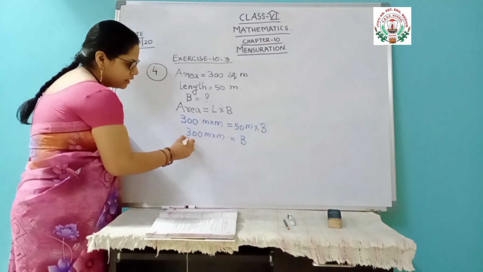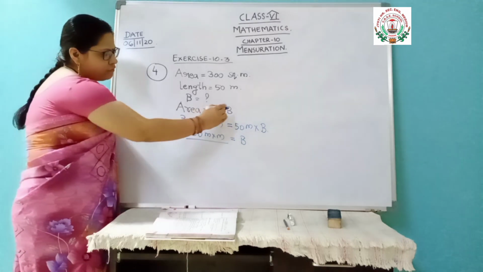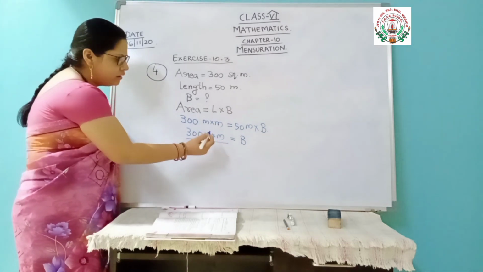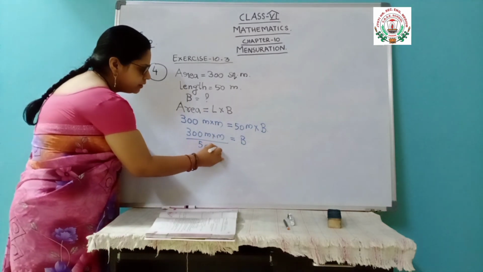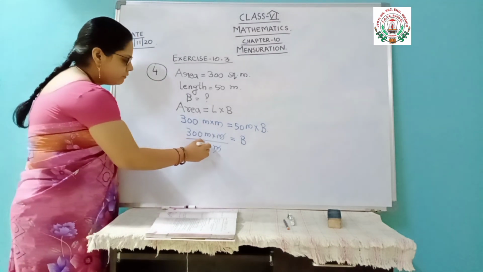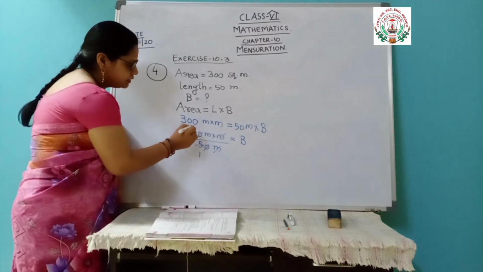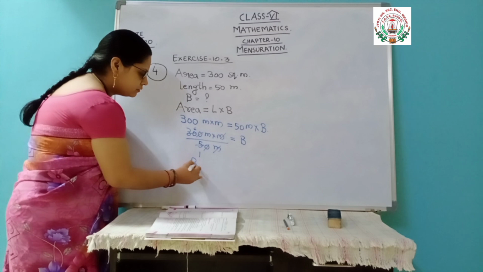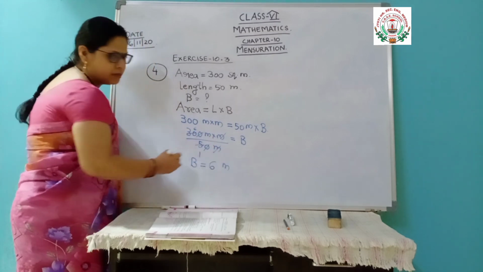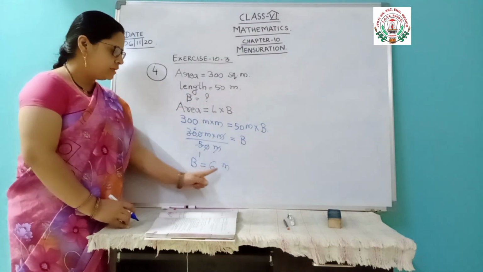It will stay where it was. This 50 meter was connected by a multiplication sign. So when it is transferred to the other side, it will change to divide. So this is the divide line and you will write here 50 meter. So 1 meter and 1 meter will get cancelled and 1 zero gets cancelled. Then 5 ones are 5, 5 sixes are 30. So for breadth, what is remaining here? 6 is remaining and the unit is only meter. So you got length in meter and breadth in meter.